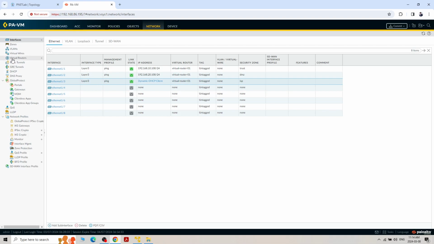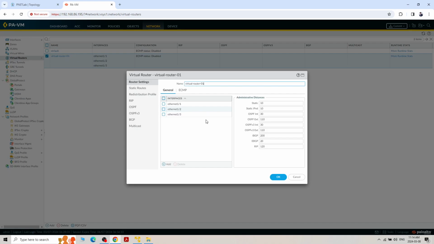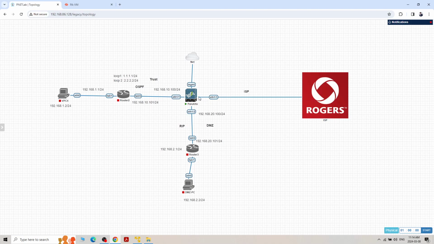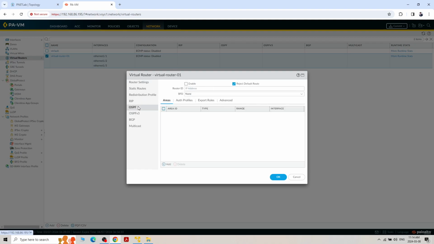Now go to the virtual router. Click over here, and here first I need to configure the OSPF. First I will configure this side, then I will configure the DMG side. So on the trust side, how are we gonna configure? Click on the OSPF, enable OSPF features, router ID. I can put a router ID. I can use the same interface address